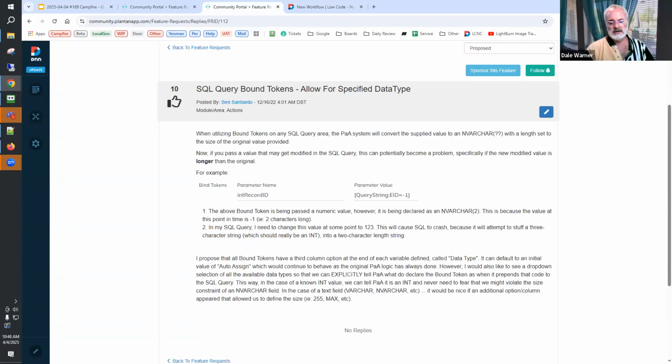Would we incur any penalty if we just declared them as varchar max? For the varchars, I wouldn't think so. It's going to take a smidgen more in memory, but these scripts are finite in their existence, so I don't really think doing a varchar max would be a problem.